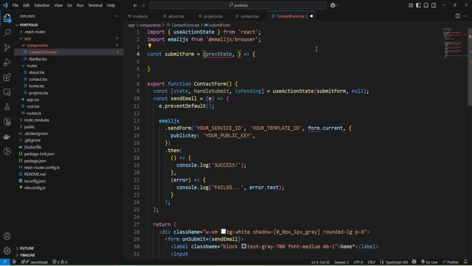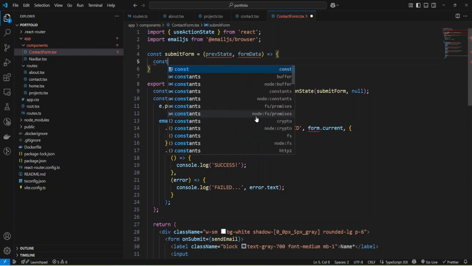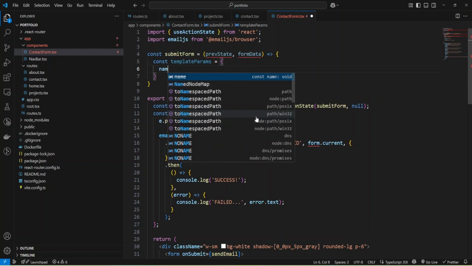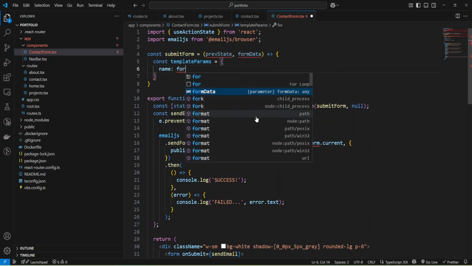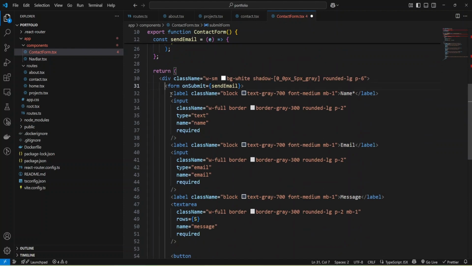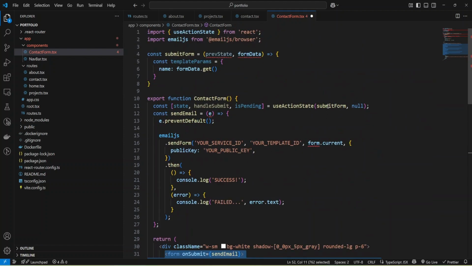I'll not use it here, but I need form data, and form data I'm going to use to retrieve my params from form, and I'll create a new variable, new object, template params, and we'll add name, and we'll use form data get method, and in form data we'll have data from our form, and this use action state will pass this form data to our form.